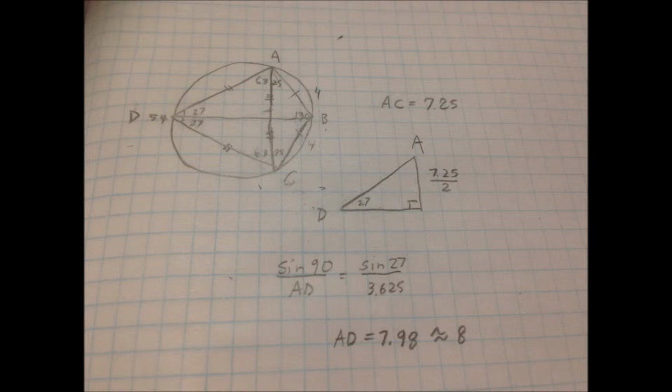So the main reason why I got this question wrong was because I assumed a lot of things. I assumed that triangle DAC was an isosceles triangle, and I assumed that the entire quadrilateral was a kite. By assuming that triangle DAC was an isosceles triangle, I assumed that angle DAC was 63 degrees. And by adding up all of the angles that I knew and subtracting it from 360, I assumed that angle